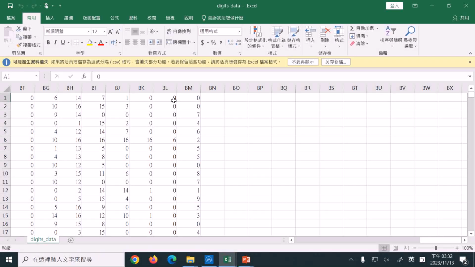So from column 1 to column 64, I'm giving you 64-dimensional data. Now I want you to practice how to reduce the dimensionality from 64 to 2,